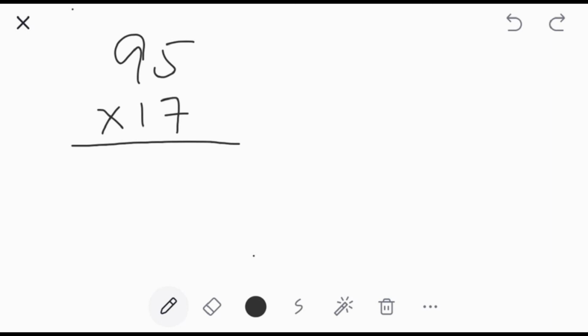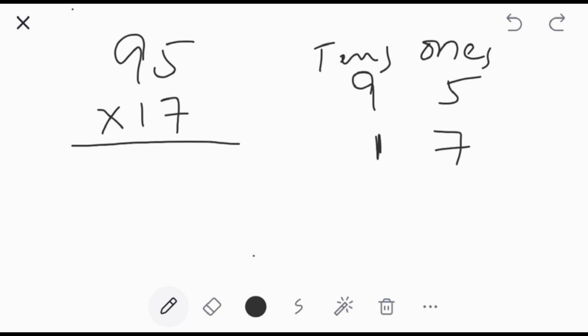Let me take 95 multiplied by 17. So the expansion theorem is going to be solved having ones and tens. First we have 5 for the number on top and 7 at ones place for the number at the second row, and we're going to have 9 tens and 1 tens. We're going to multiply simply 5 with 7, so 5 sevens are 35, and 9 tens multiplied by 1 tens